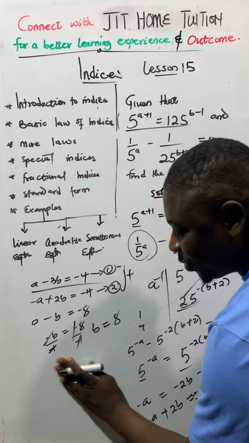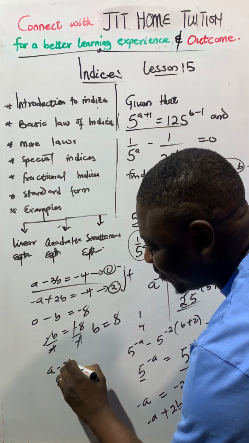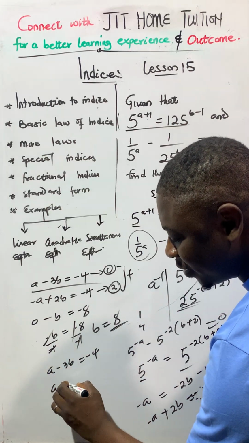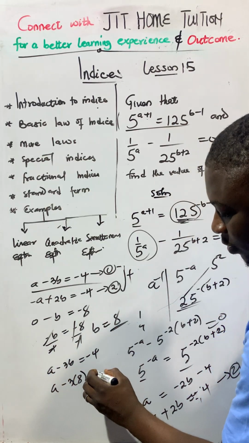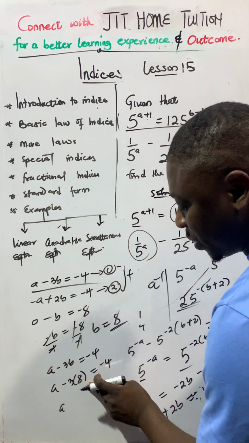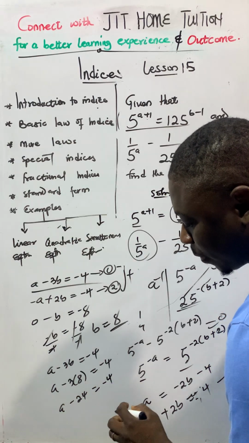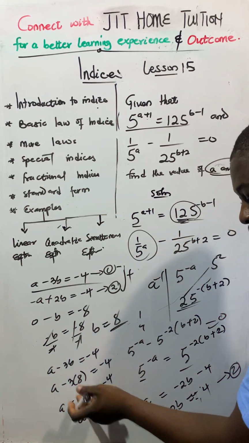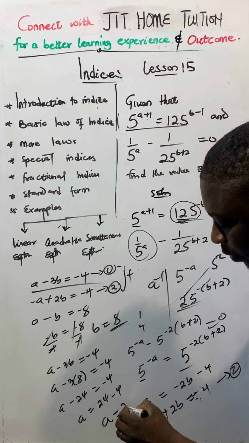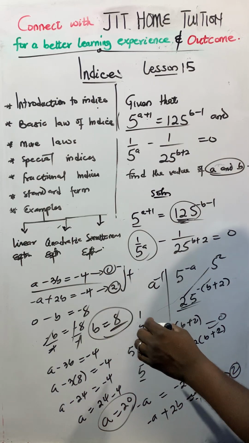Sorry, we are looking for A. You have A - 3B = -4. So you come and put the value in here. You have A, this times this, that will give you, I think, -24 equal to -4. Then you move this to the other side, giving you 24 minus 4. And you have A to be equal to 20. And this becomes your value for A. Now, when you have done and you want to